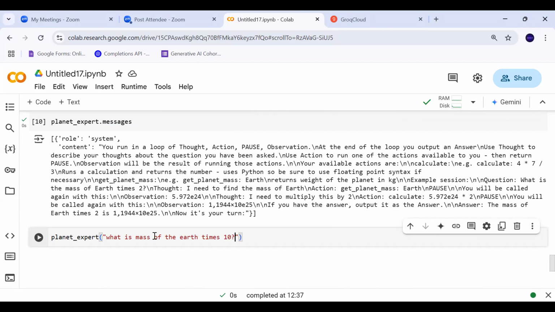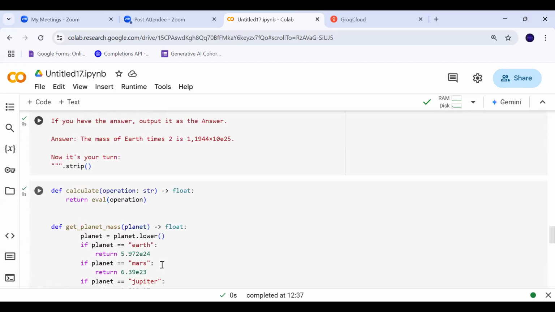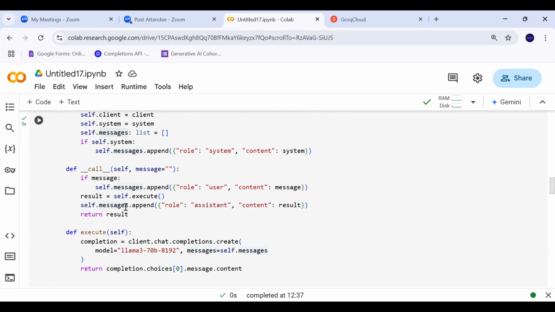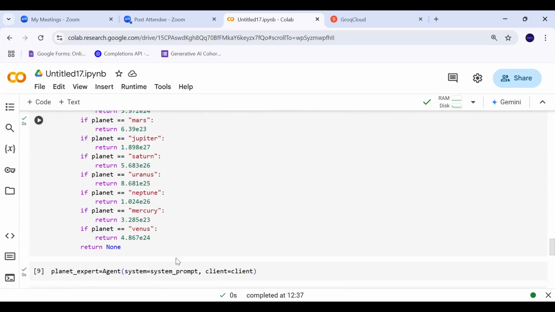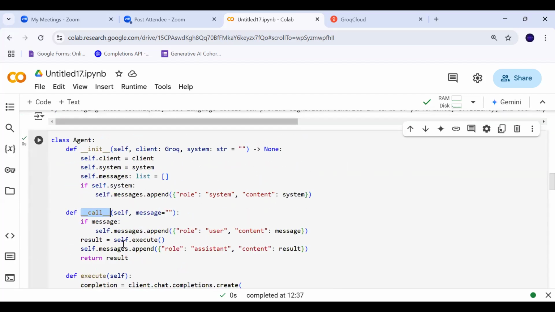This is my question, and the result is stored. When I do that, this question is my user question, and this will call this method. When I use parentheses with my question, this particular method will be invoked.